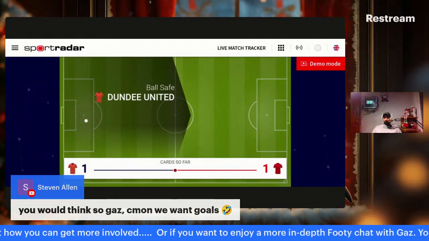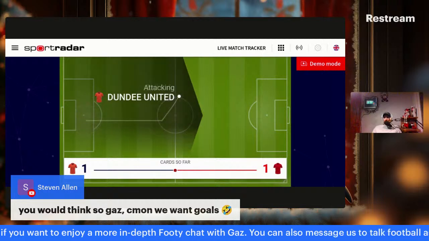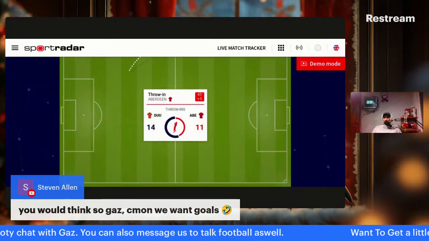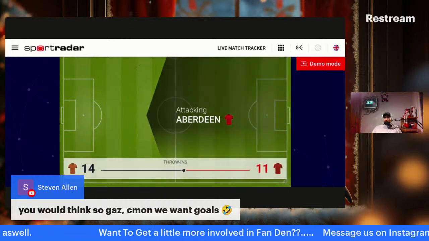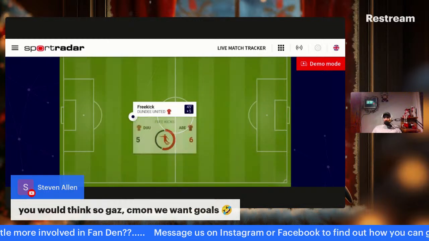Dundee United now with the throw-in. Ball back in play. Now it's chipped forward. Ball sets off, players trying to win it there. It's Aberdeen now on the far side, just playing it back to the edge of their own box here, as they now switch the play out to this